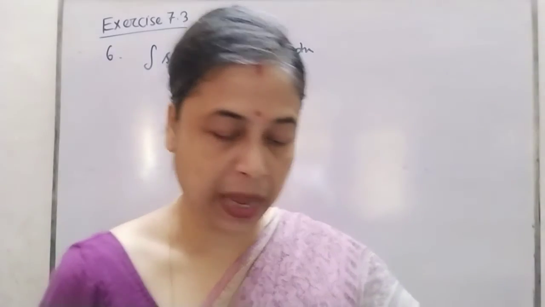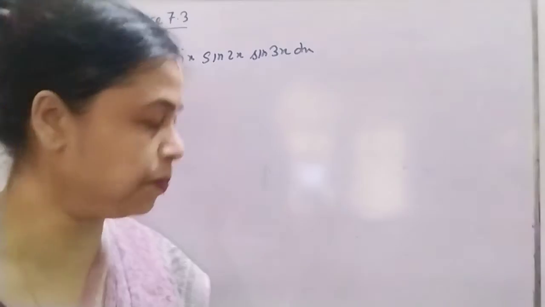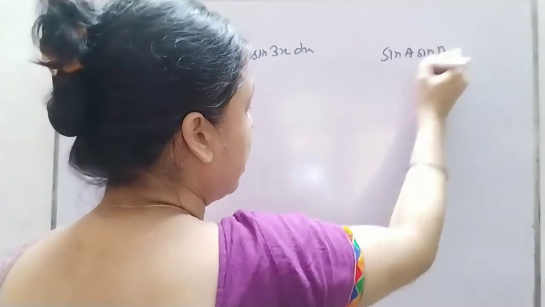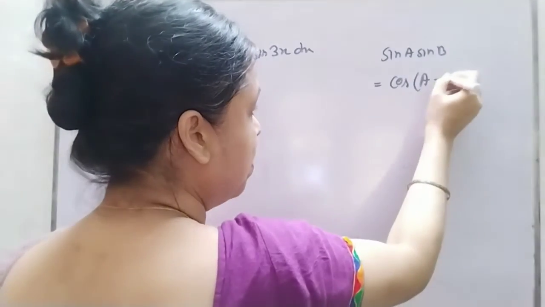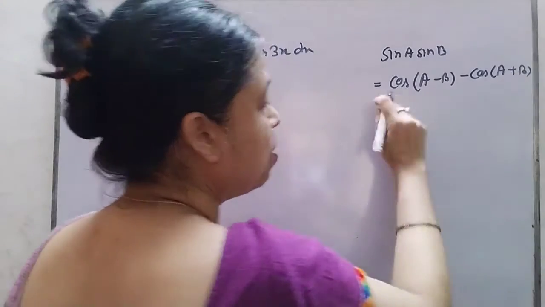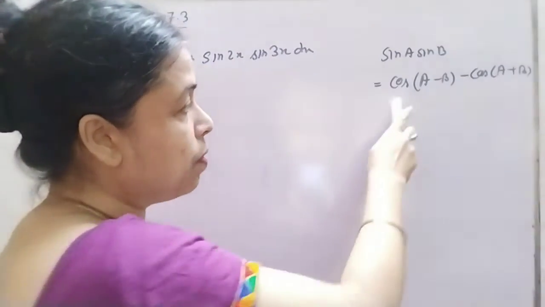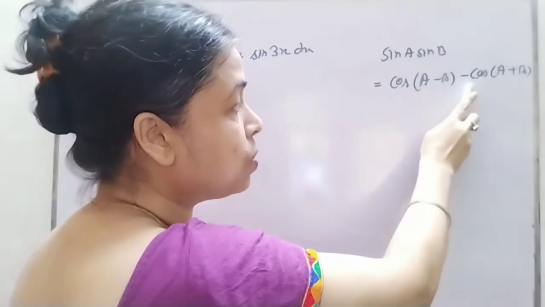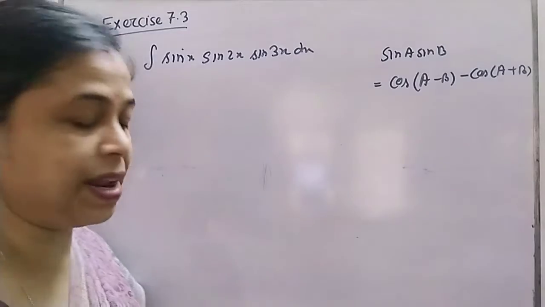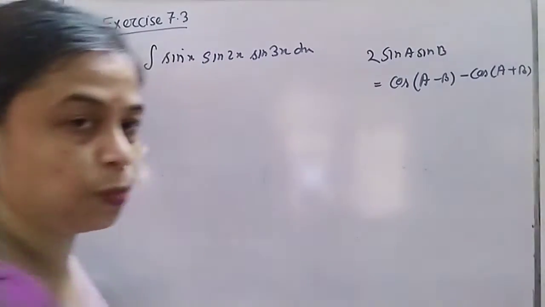So you see, what is the formula of sin a sin b? Sin a sin b can be obtained when I do cos of (a minus b) minus cos of (a plus b), is it not? So this is the formula: sin a sin b can be obtained from cos(a minus b) minus cos(a plus b), with a negative here. Because if you break it, it becomes cos a cos b plus sin a sin b minus cos a cos b, both cancel, minus minus becomes plus, and sin a sin b will be there. Obviously there is a 2, okay.